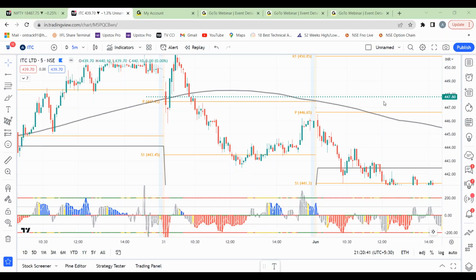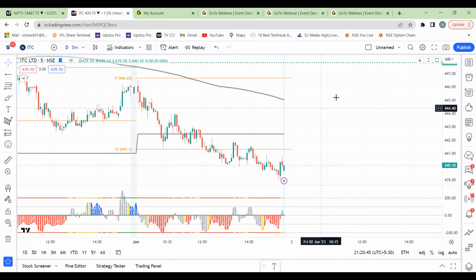Again, did the trade give an entry? Let's check. See, Woodies gave a sell signal here. So here it would be this green candle low getting broken by this red candle. So this will become entry for sell. Stock is trading below pivot, below 200 period moving average. This will be the entry candle. And then